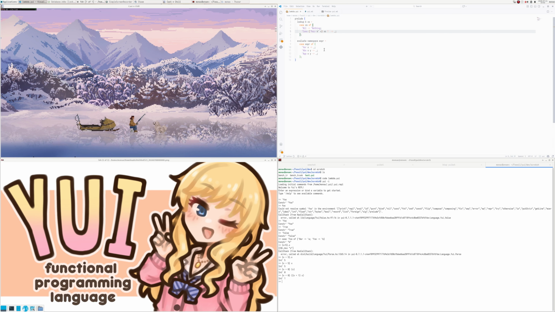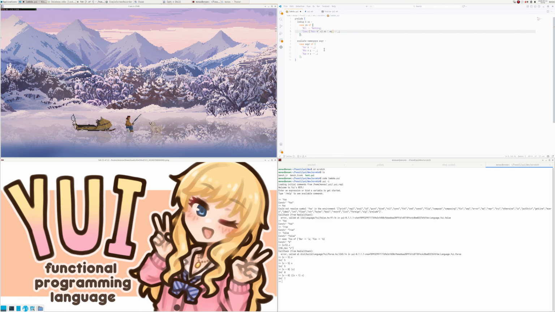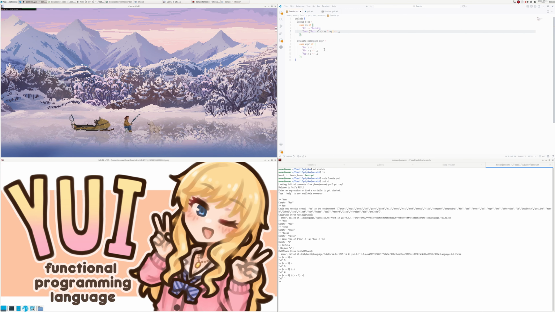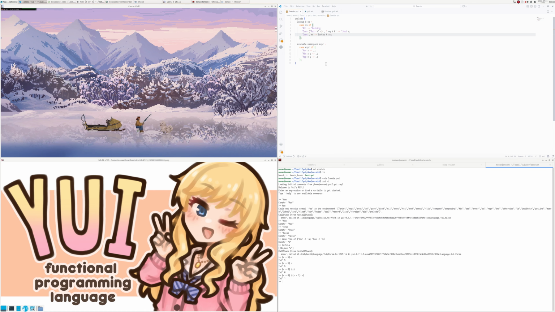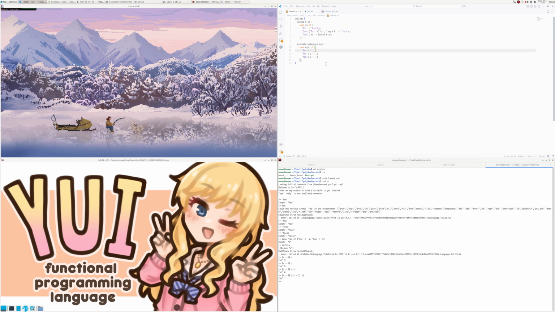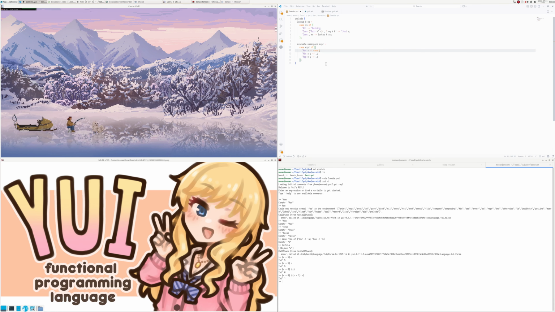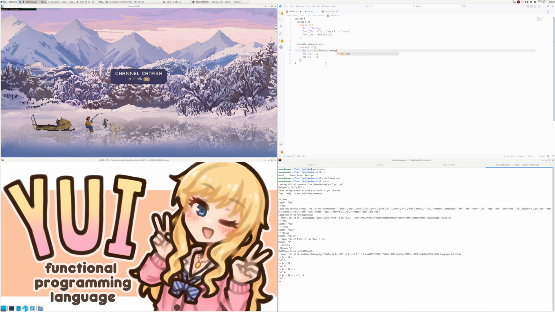So if the key that we give here is equal to this key, then we will return the value, and otherwise we will recurse and look up what's in the rest of the list, just like that. So now we can do this, case lookup x namespace of,